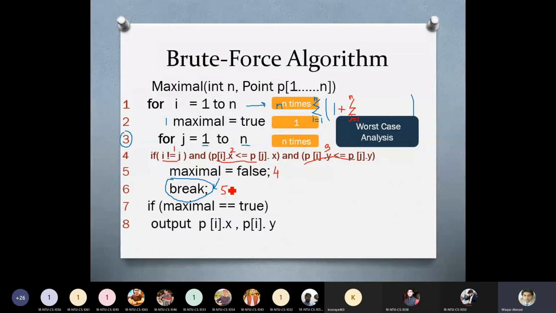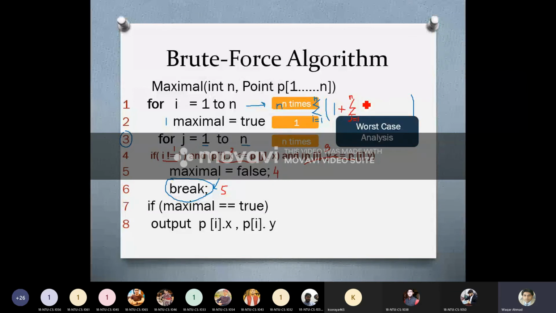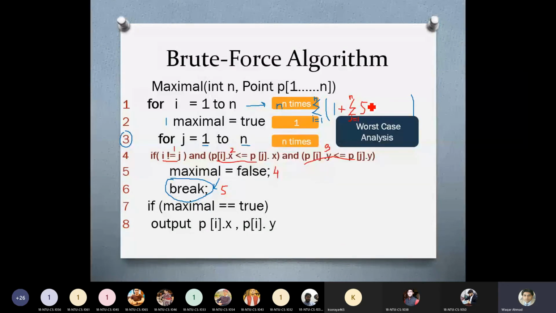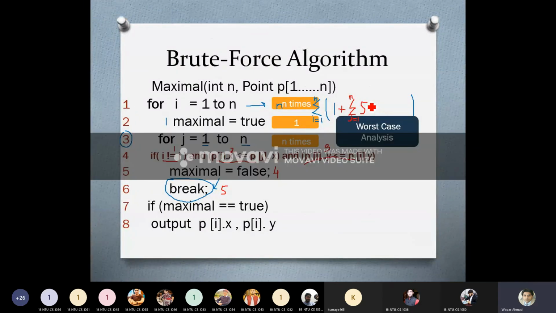We can say that we have a total of 5 statements inside this inner loop, and we can use the number 5 here with this summation symbol. This 5 means that this is an inner loop, and it has 5 statements inside its body.